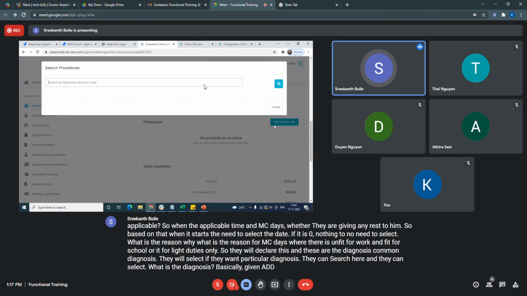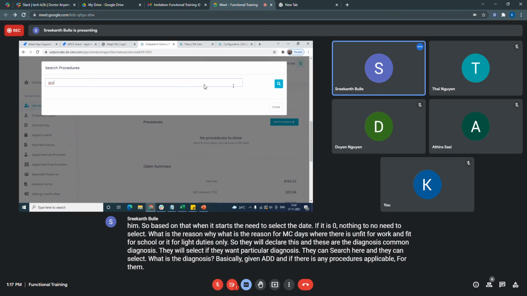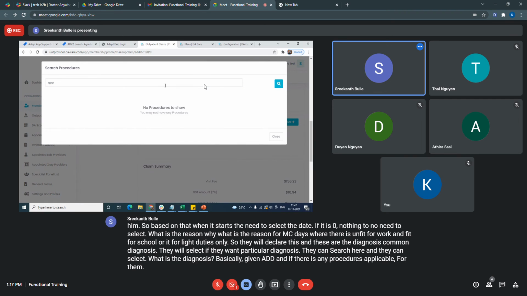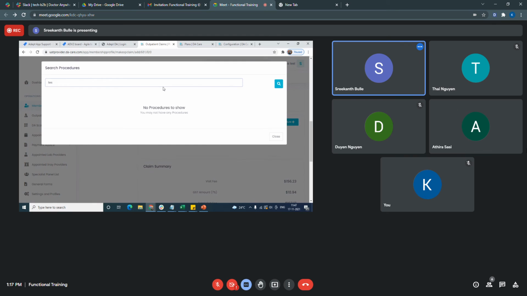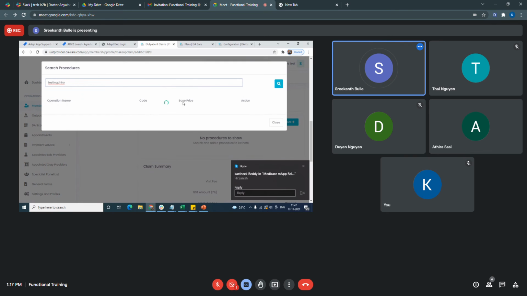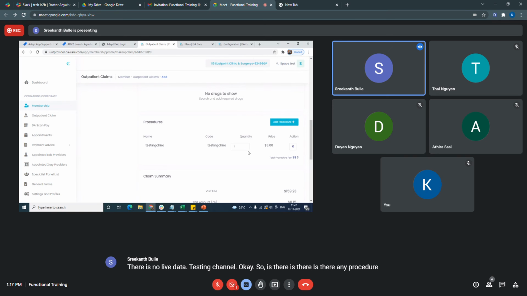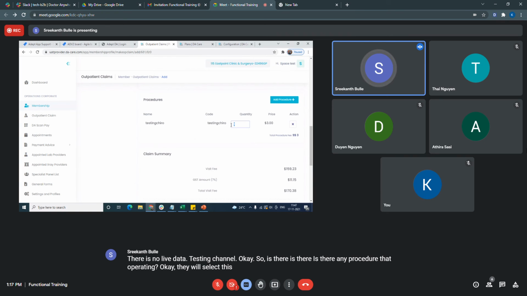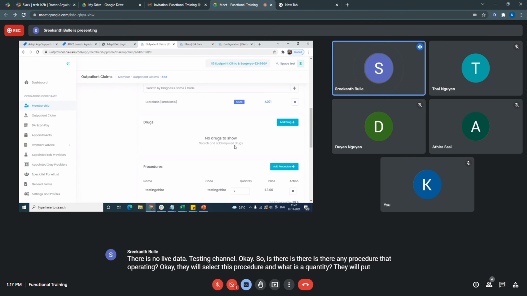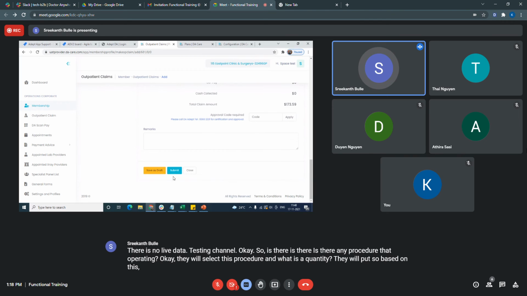And if there are any procedures applicable, is there any procedure they are operating? They will select this procedure and put the quantity. Based on this, we will generate the claim and they will submit the claim.